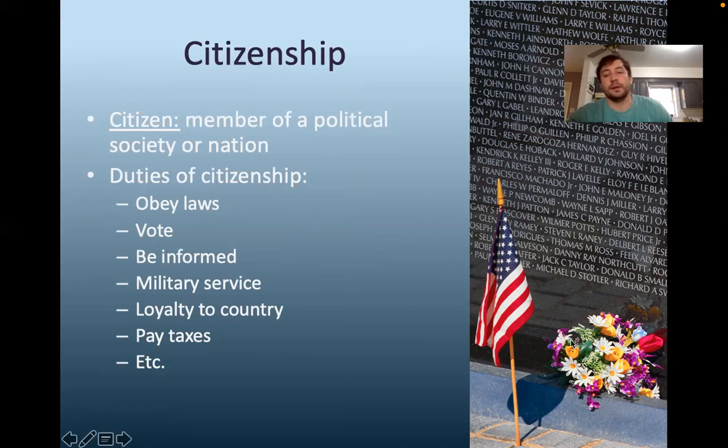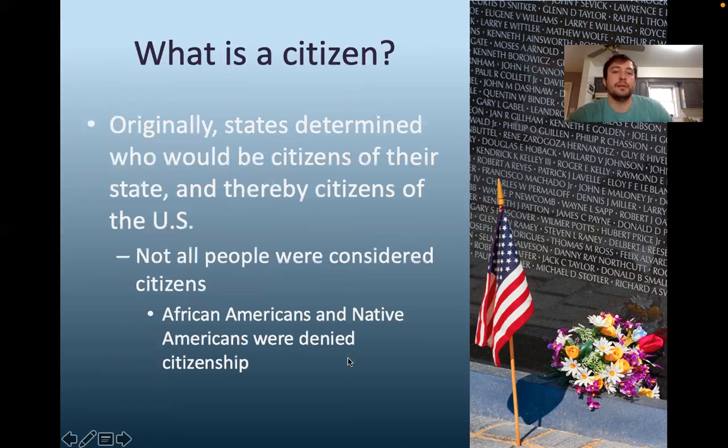All right, obviously obey laws. Originally, states determined who would be a citizen of their state and thereby citizens of the U.S. So not all people were considered citizens. Obviously, this was something that